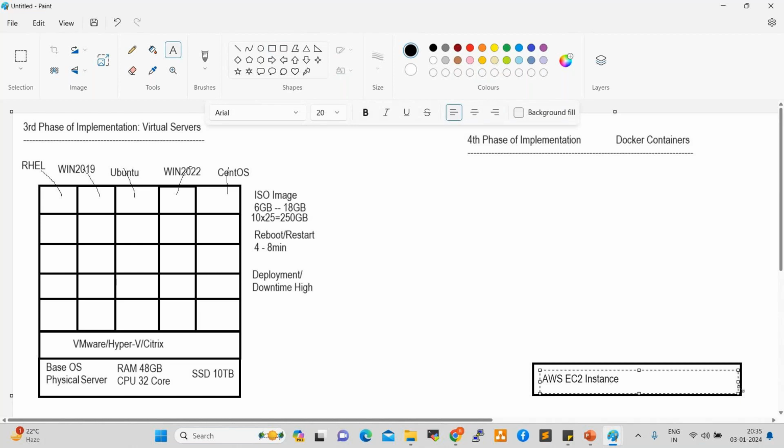Terminology is very important here. An EC2 instance is a server. In AWS, we call it an EC2 instance.